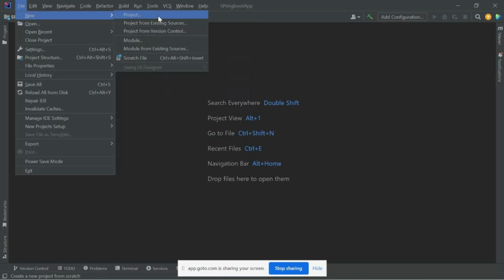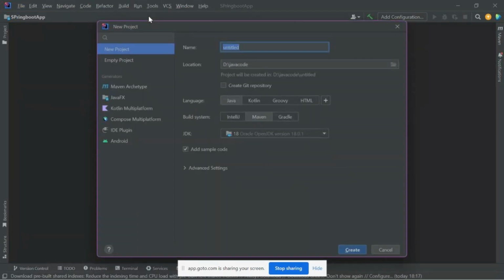I'm not jumping into version control. I'm going to create a new project only. In the new project, there are so many options available. I'm going to give some name to my project, say training.